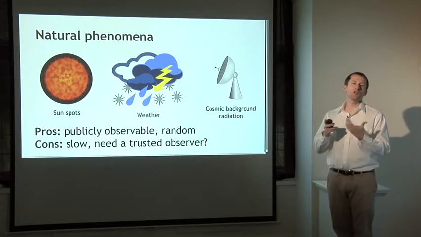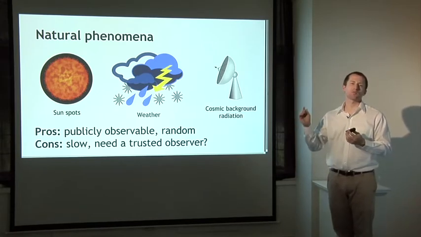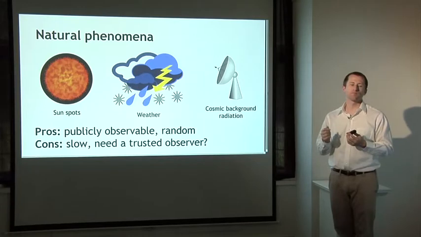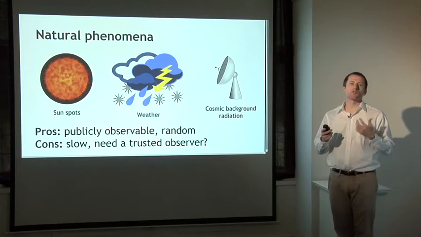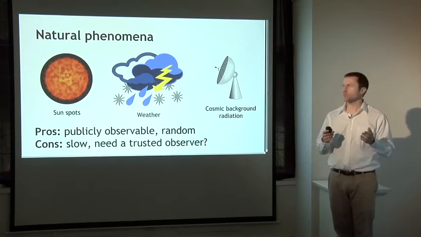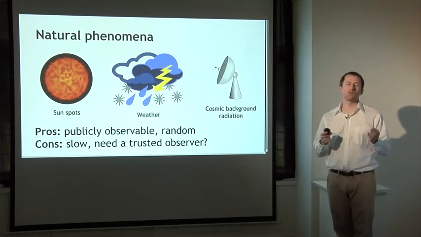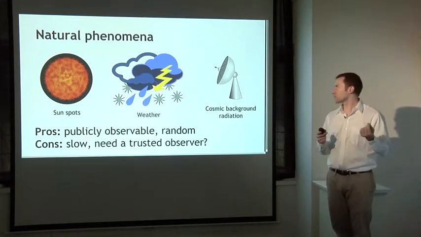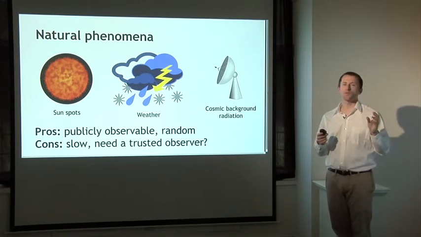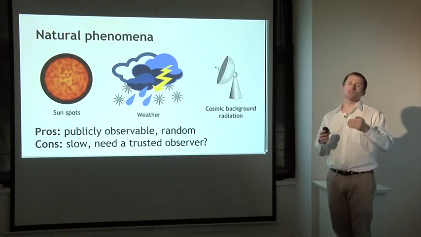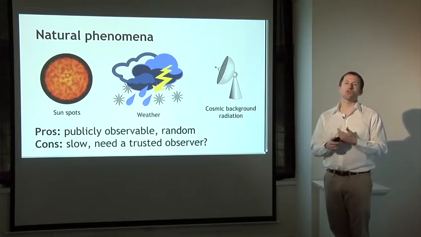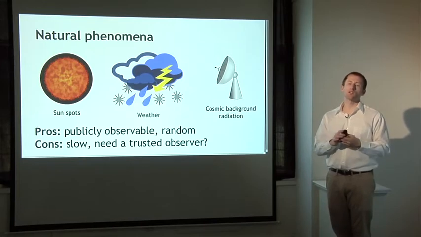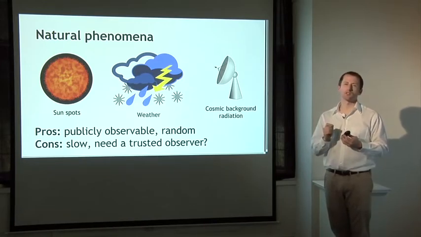We have pretty good beliefs that enough days in advance it's impossible to predict low-level weather phenomena. The problem with these approaches is that they're fairly slow. For example, if your random signal is what the daily high temperature is going to be, you only get to read that once a day. The surface of the sun doesn't change too often. And you essentially reinsert the trusted party problem because you need somebody to observe the event. So let's say that we tried to use as a random signal what the temperature will be tomorrow in Princeton, New Jersey.